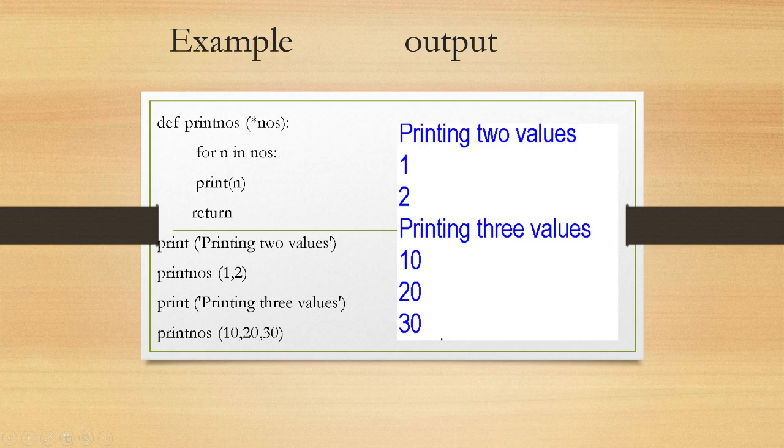So we discussed 4 things. The first one is the positional, required arguments, which should be sent in the correct positional order. Next is the keyword argument. It can be sent not in proper order, that means the position can be changed because we are using the parameter name. The third one is the default argument. What default argument means: we can initialize the value for the parameter. And the fourth one is the variable length argument, which will accept multiple number of arguments, and we have to use asterisk.